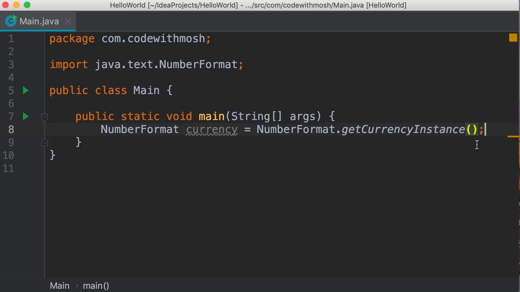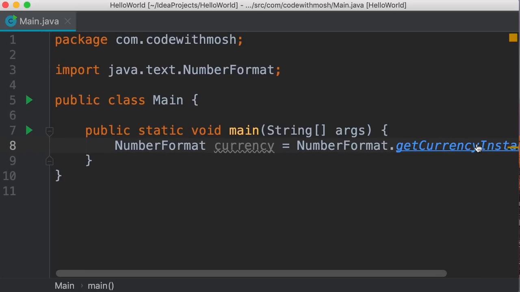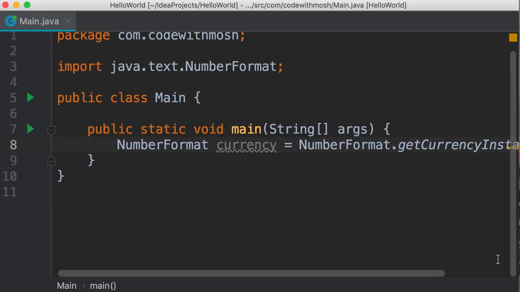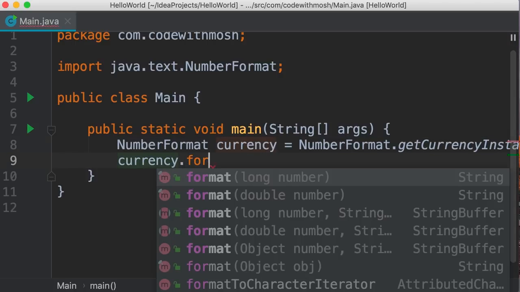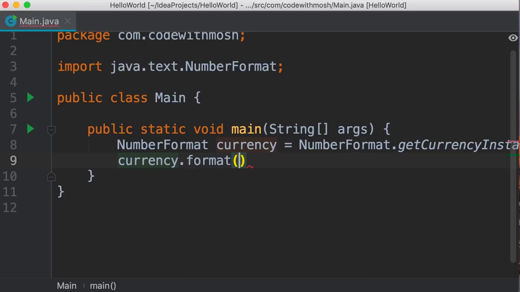Now I'm going to zoom in so you can see clearly. All right, that's better. Now this object has a method for formatting values. Once again, you can see this method is overloaded. We have multiple implementations. We can give it a long or a double or whatever. So I'm going to call this method and pass a value like